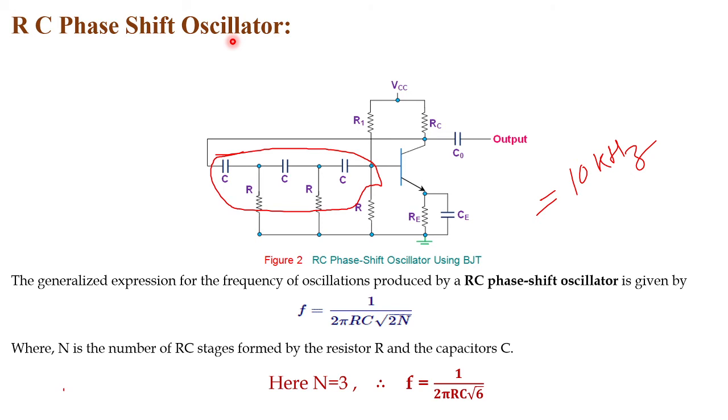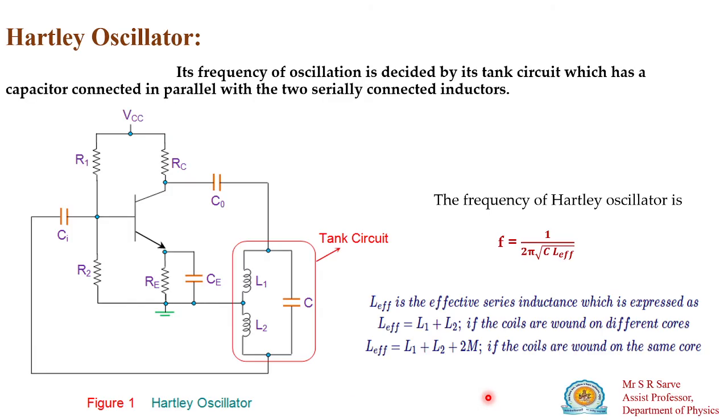Its stability is also not as good compared to the other oscillators. In this, the transistor used should have a high beta value, and there are some losses due to these high beta values of the transistor in the RC phase shift oscillator. So it has some advantages and disadvantages. And what is the frequency of a three-stage resistance capacitor phase shift oscillator? The frequency is 1 upon 2 pi RC into root 6. So this is our RC phase shift oscillator.